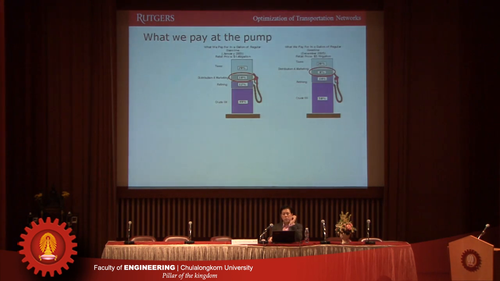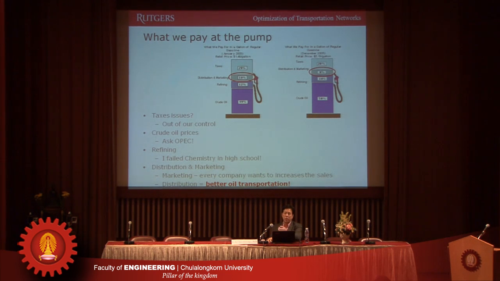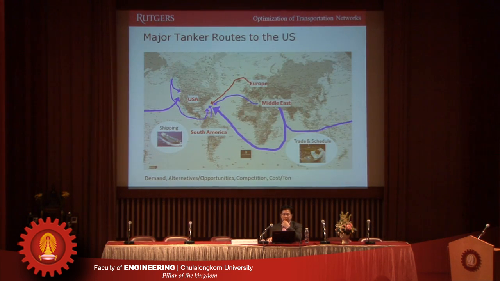So one way to do it is to help them distribute the oil better. If you think about what you pay at the pump, I'm not sure about Thailand, but in the US, the crude oil price is about 58%, and the rest is refinery cost, distribution, marketing, transportation and taxes. Crude oil we cannot control, and tax is not in our control. For crude oil you have to ask OPEC because they control the price. Refining, I'm not good at chemistry, so what I can do for them is help them distribute the oil better. So we looked at how we import the oil from Europe, where there are a bunch of major